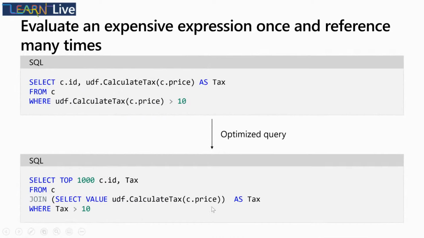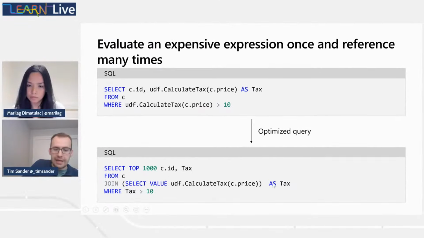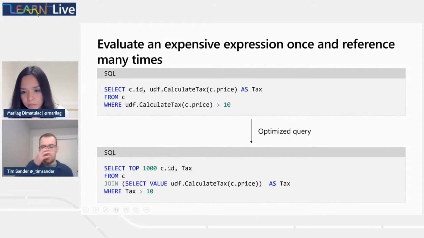You could rewrite the query to kind of look like this with the join, and then put the UDF here in a subquery. And this subquery isn't going to have a filter or anything. It's just going to project the value of the UDF on the price property, and then go and alias that as tax using as. And once you do that, you could use it in your where clause, you could use it in the select clause, and you won't need to go and calculate it again and again and again for